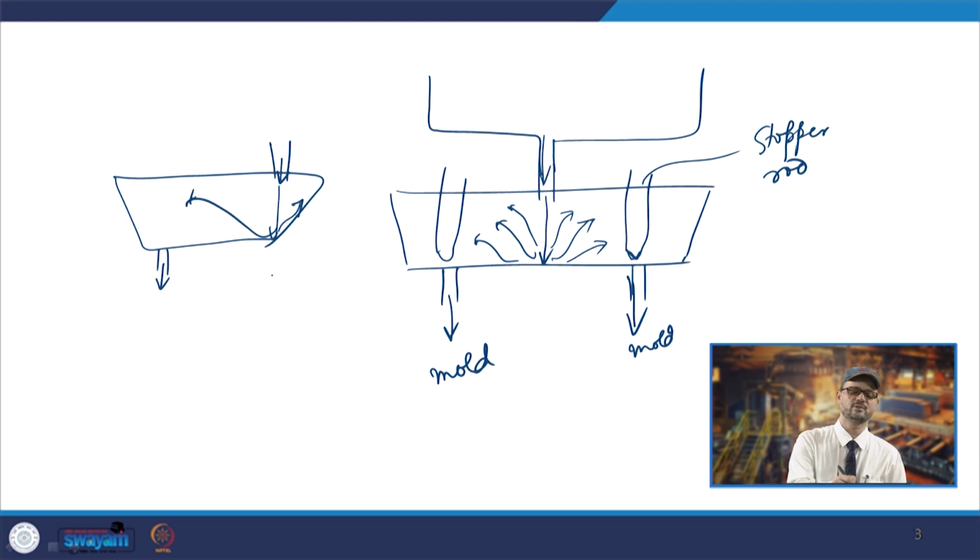So, there will be some movement this side also, but otherwise if you are hitting in the middle portion, in that case it will be divided into different streams, and then it will be moving towards the different outlets on both the sides of the inlet stream, where it is striking the TUNDIS bottom. So that is the job of the TUNDIS also, that it will be dividing that stream.